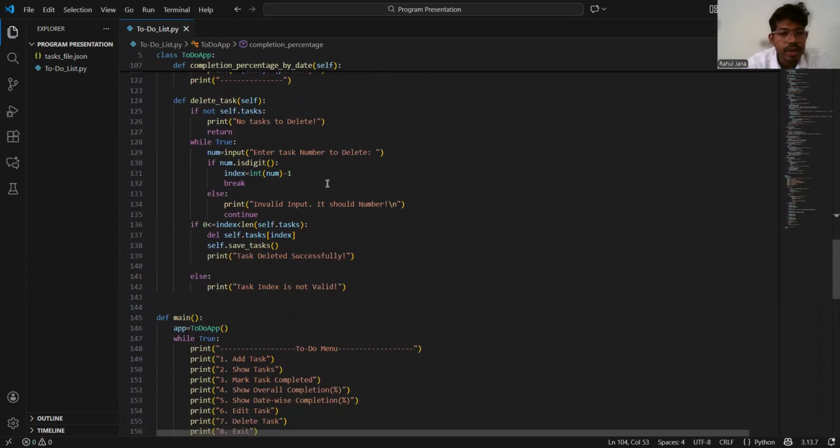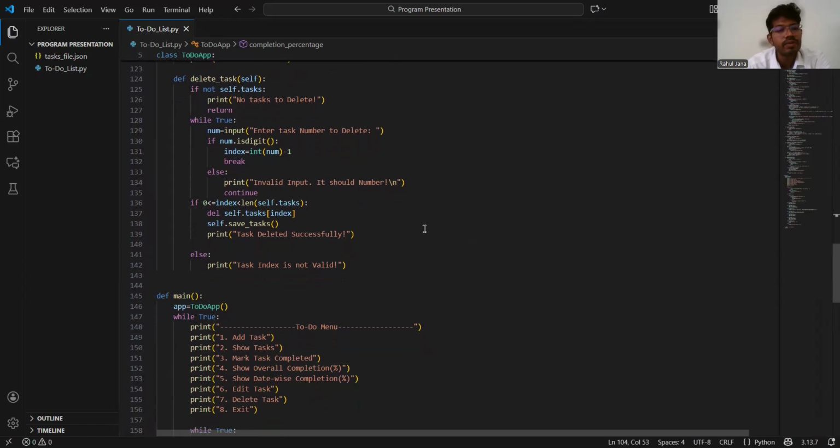Now I am coming to the next portion. It is for deletion purposes. delete_task, then self. If not saved_tasks, print "No tasks to delete." It means when the list is empty, it will show one message, "No tasks to delete," and return will return from here. Now while True is for an infinite while loop, and here num is the reference, and it will